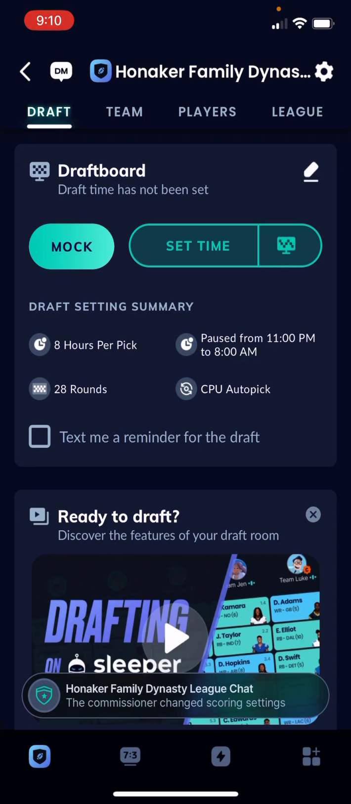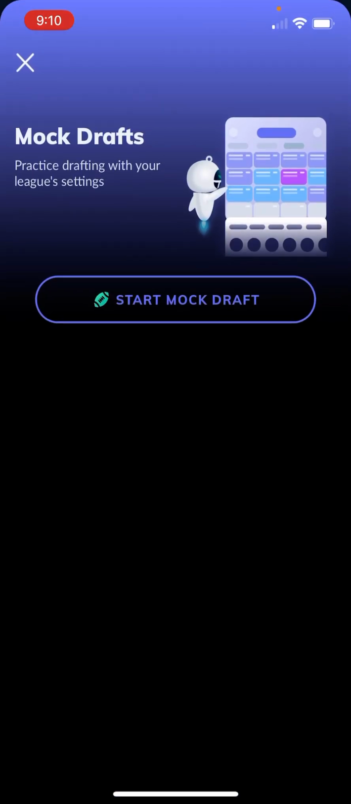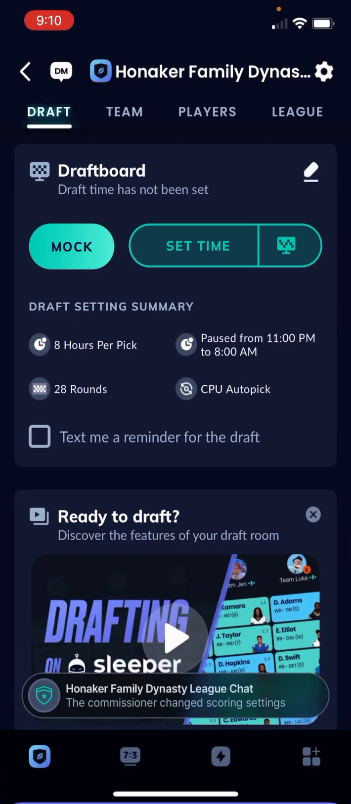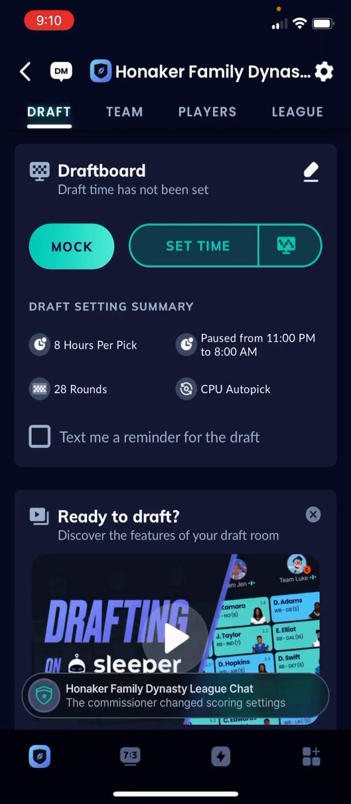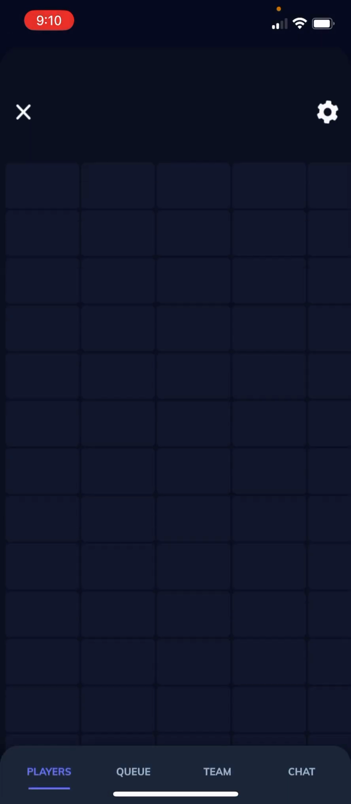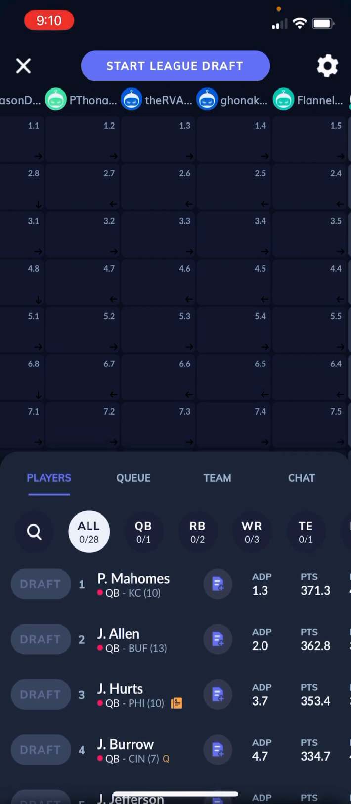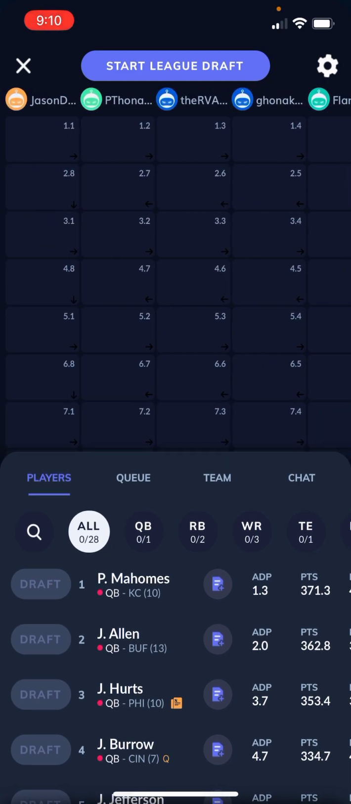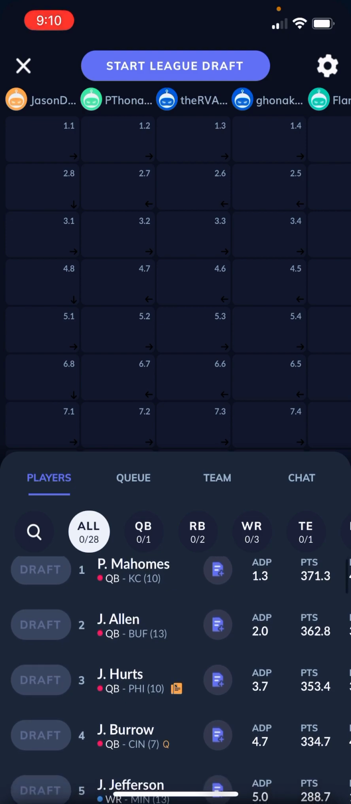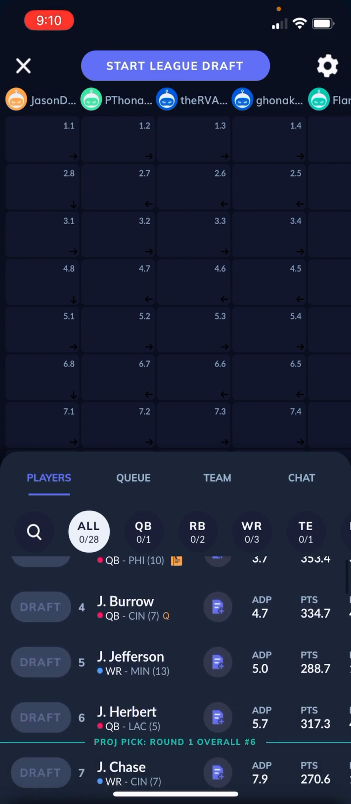So if you're someone who likes to do mock drafts, you can click this mock draft button and start one and practice. This set time button should not appear for you guys. That's for me. I can set the draft time, and then you can click over here on this little computer screen with some dots on the right, and that'll take you into the draft room where you can see we're all listed at the top with where we pick, and a list of the players in order